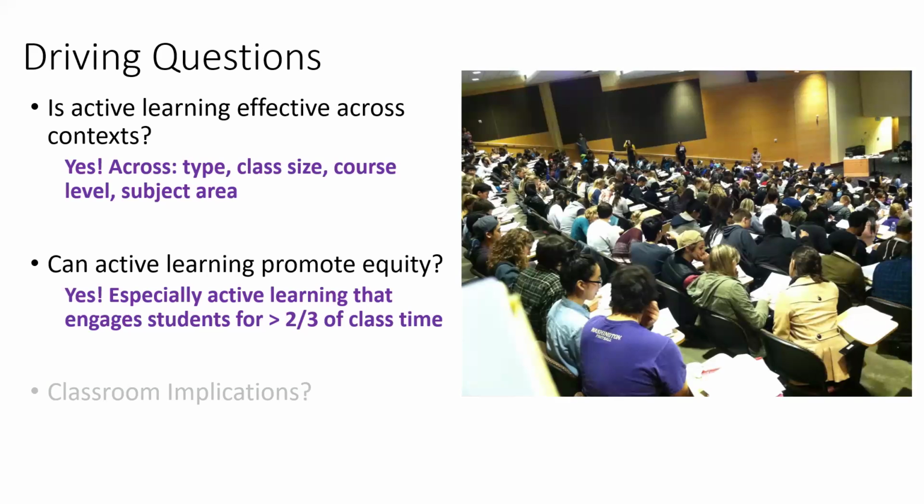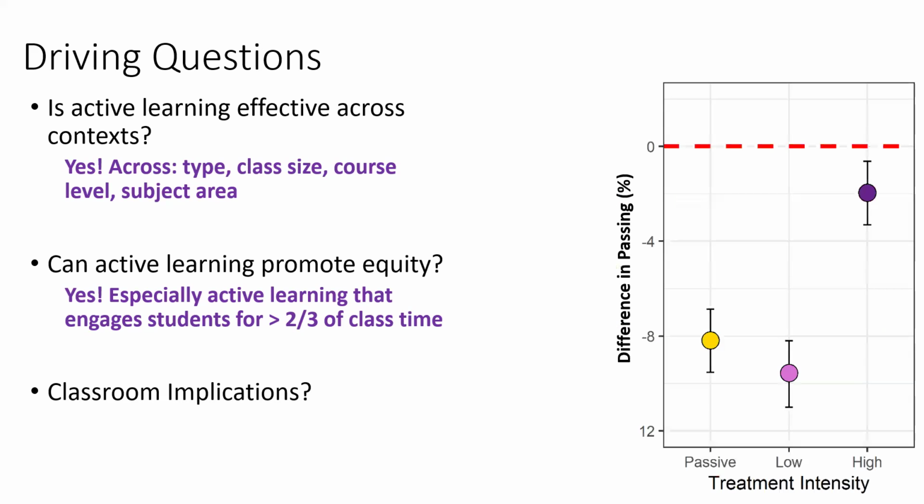I do want to end with classroom implications, because the first time I showed these data to a friend and colleague, she looked at this and said, well, Ellie, this tells me if I'm not going to do high intensity active learning, I shouldn't even bother. I died a little bit inside that day. I don't think on my feet terribly well, and so I didn't have a great response. But now I would say that that's not at all the message I want to send.